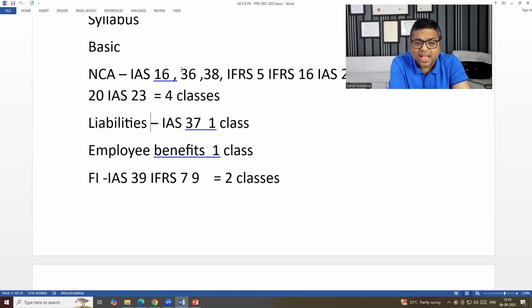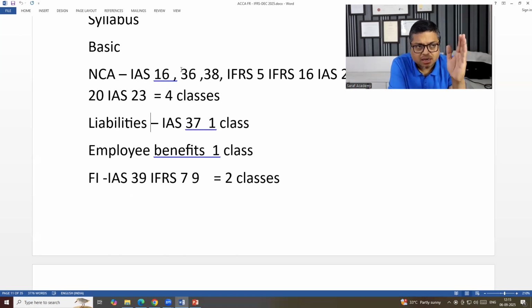One is relating to liabilities and provisions. There are 3-4 IAS and IFRS relating to that. One is employee benefits, share-based payments and all that. There are 2-3 IAS and IFRS relating to that. One is current assets: cash, bank, inventory, receivables and all that. One is financial instruments.